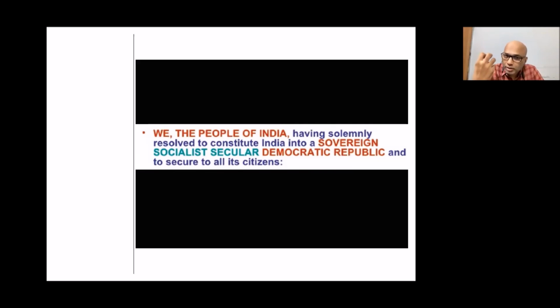So what does our Constitution talk about? To make India a democratic society, a secular democratic society. So as a citizen, are we in that process? We have to examine that. Every citizen will have to examine. That is the duty of a citizen. In the Constitution itself, we will study fundamental duties separately. But as a citizen, our objective should be to make India a sovereign, socialist, secular, democratic